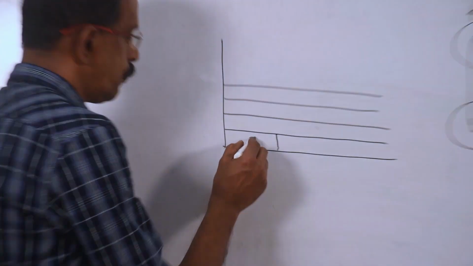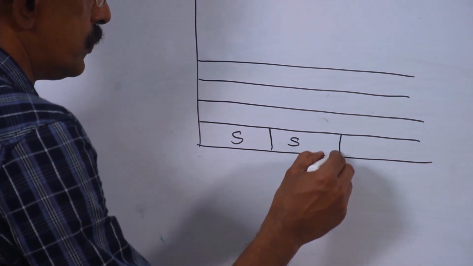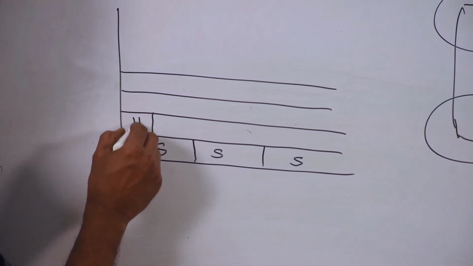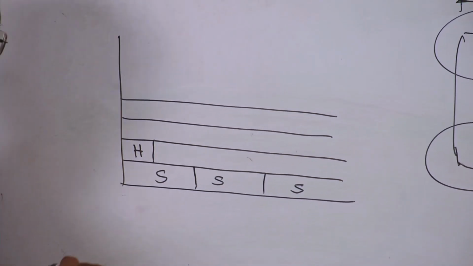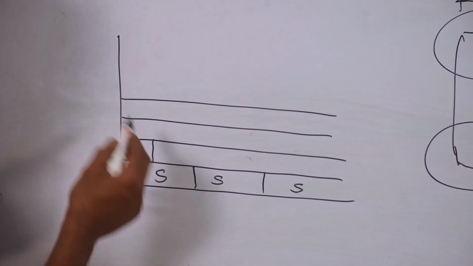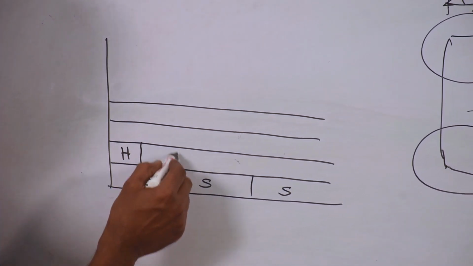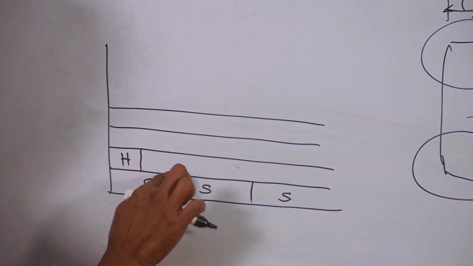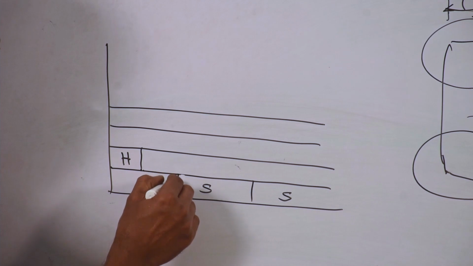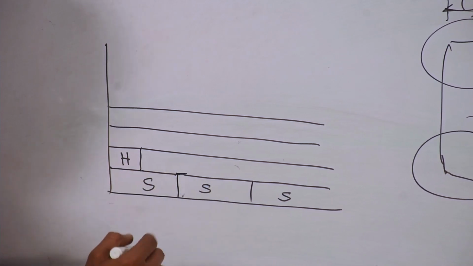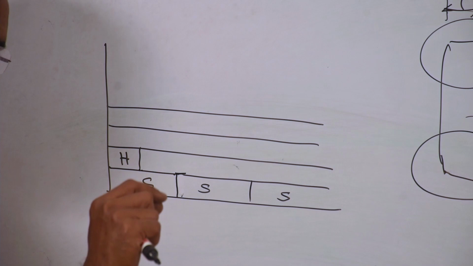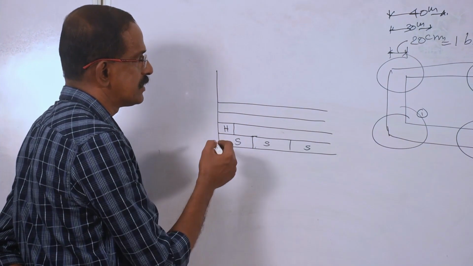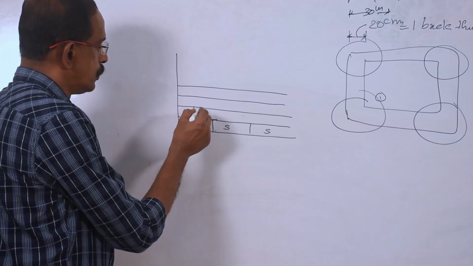First layer full of stretchers, front view, stretchers. Second layer, header, front view, header. So what will be the second brick in the second layer? We cannot keep a header over here. If you keep a header, this is 10. If you keep one more header, the joints will come one above the other. So to avoid the joints coming one above the other, the piece used is either a bat or a closer. Here, since the thickness is 20 centimeter, you have to use a half closer.